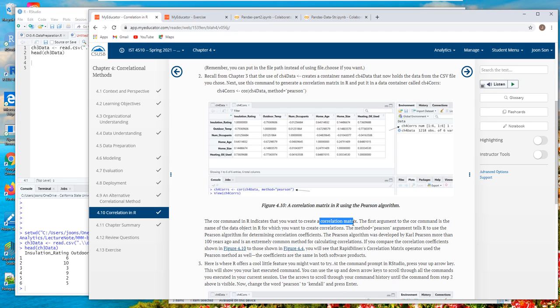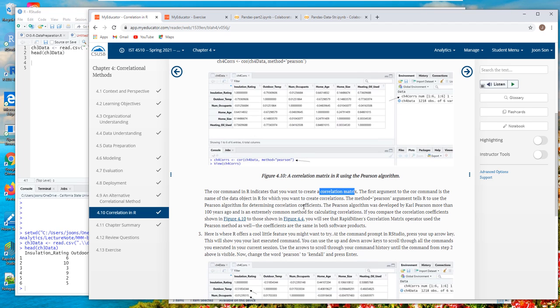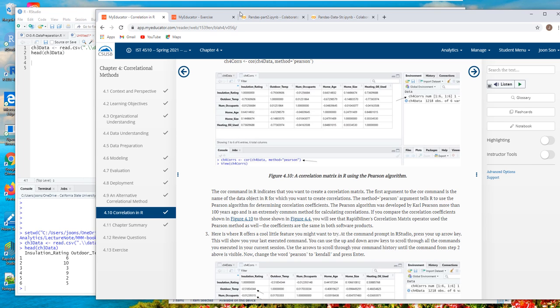There are actually three main methods, but Pearson is obviously the most popular method. So let's just use the Pearson method to create this correlation matrix. Okay, now let's see.